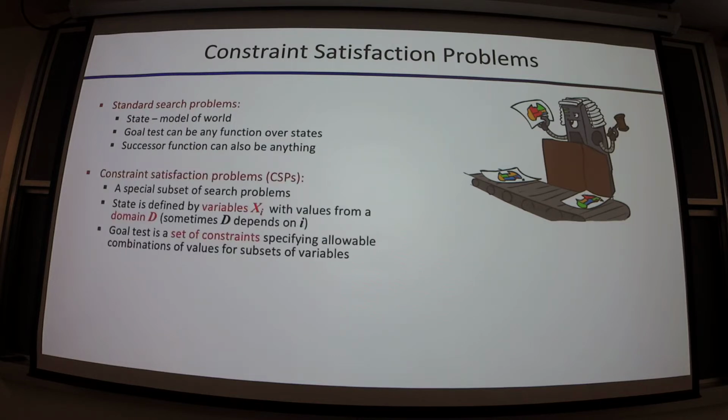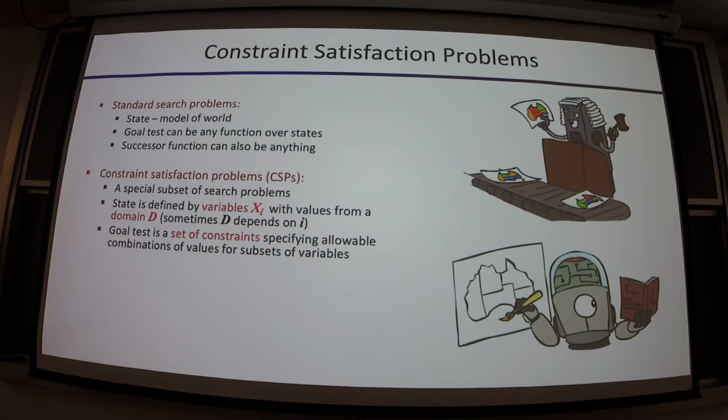In CSPs, these are a little different. So this is a special kind of search problem, so conceptually they're very similar. A lot of the ways we've solved these in the past are going to apply, or concepts are going to be similar at least. But here we have states defined by some set of variables, and each variable can take on some value from a domain. That domain may be specific to the variable, or the domain may look the same across all the variables. Right? And the goal test then is going to be, we have some set of constraints defined across variables. The goal is going to be an assignment of the variables that satisfies those constraints. Does that make sense?